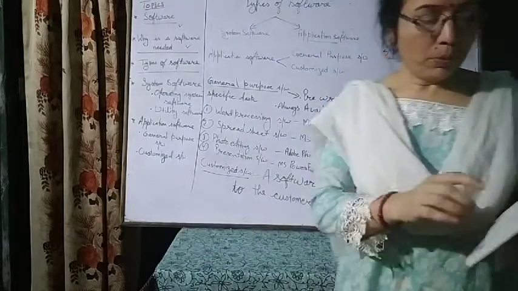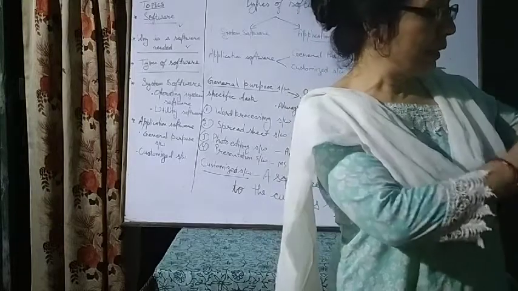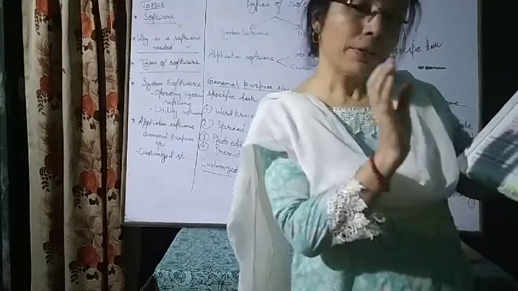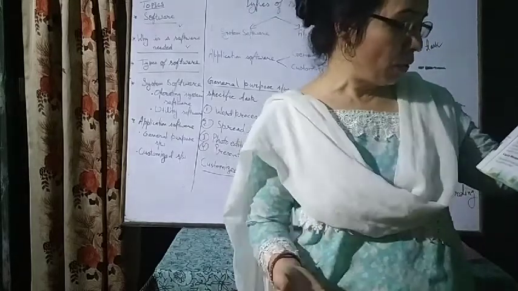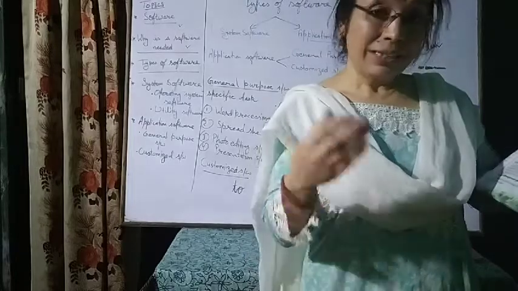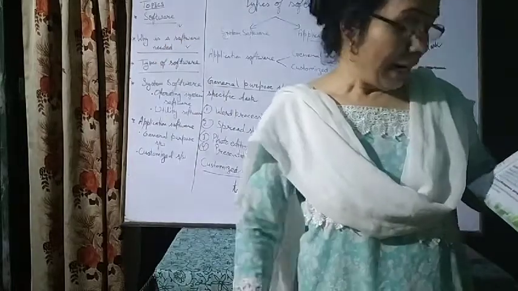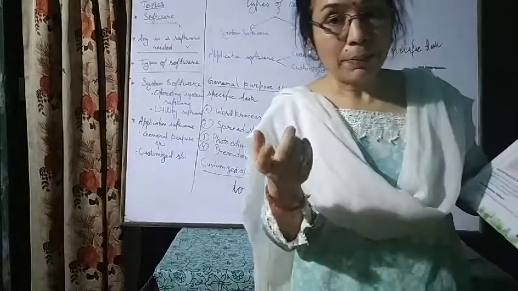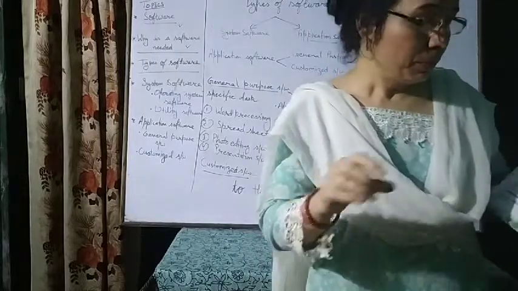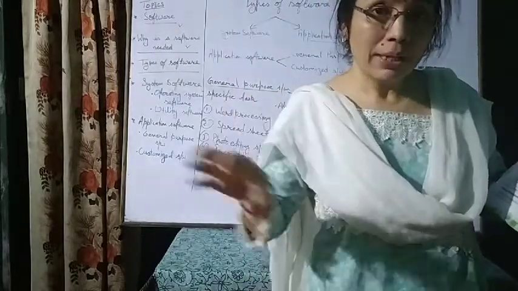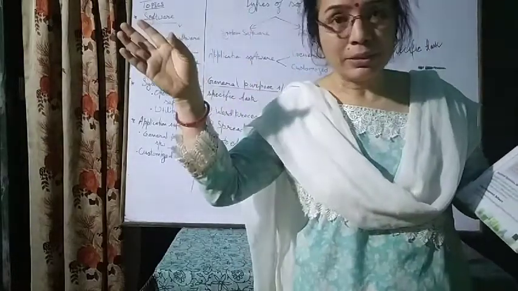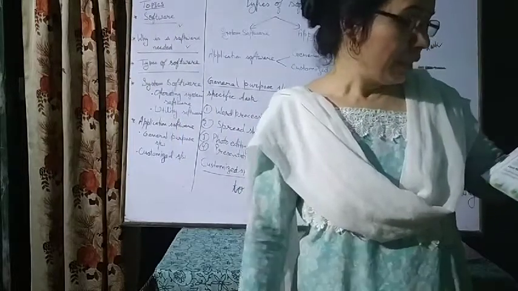Here I am reading from your book, Customized Application Software. These types of software are specific purpose software designed for a specific organization or a particular user. Organization, I gave you the example of bank and railway, and for a particular user, I gave the example of a shop too. Means if I have a shop, I need a particular type of software to keep a record of all items of the shop. So for a particular user it can be created, and for a big organization also customized software can be developed.